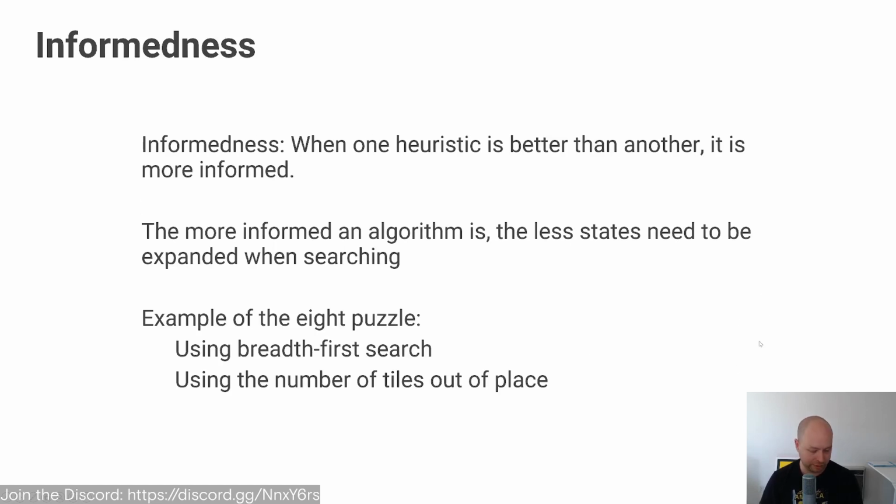So here's another statement about heuristic search informedness. When one heuristic is better than another, it is more informed. And the more informed the algorithm is, the fewer states need to be expanded when searching, right? And this makes sense. Let's say our heuristic is just a direction, we may not take into consideration some